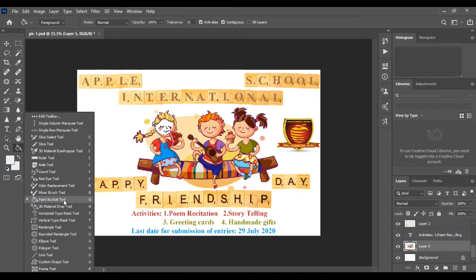Next we have gradient tool. It is used to create straight line, radial, angle, reflected and diamond blends between the colors.